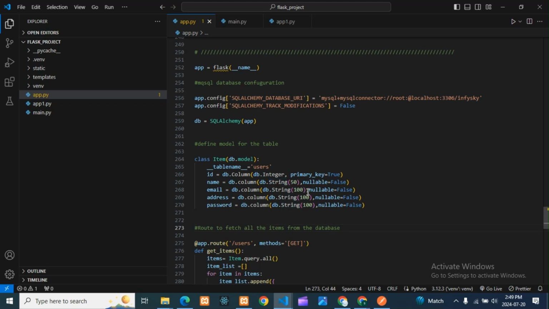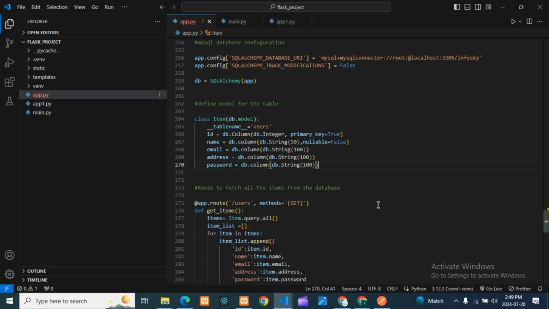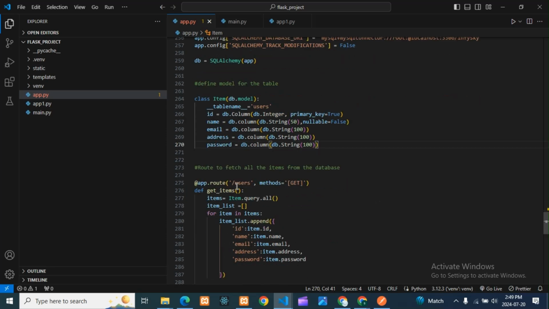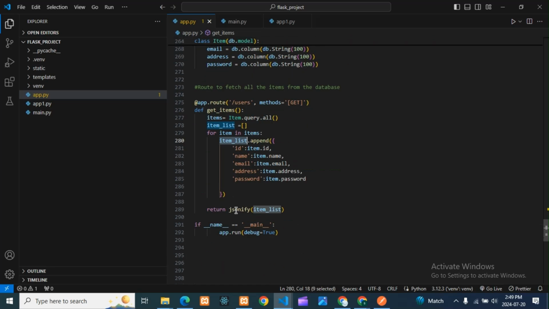See, we can remove this, guys. We don't want this label. So I am removing this. I am removing this. Okay. One more. Fine. Then here, guys, this is the main of our code, from where we are sending a GET request, taking the data from the database, appending it in a list, and converting this list into JSON format.